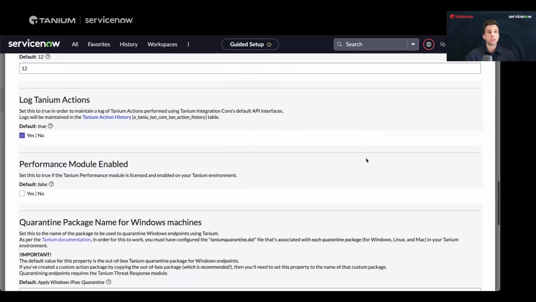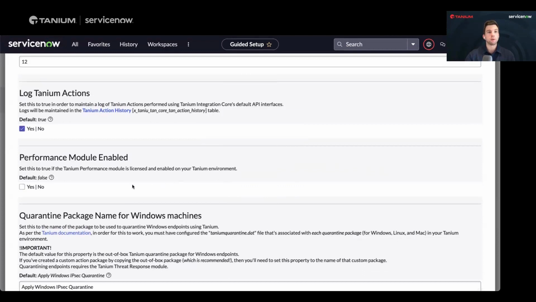A couple other options on here, performance module enabled. So this is really critical to Introspect UI to allow us to make a direct connect to a device and is allowing us to get performance health events or system crashes from Tanium Performance. So if you have performance enabled in your Tanium environment, we're going to go ahead and check